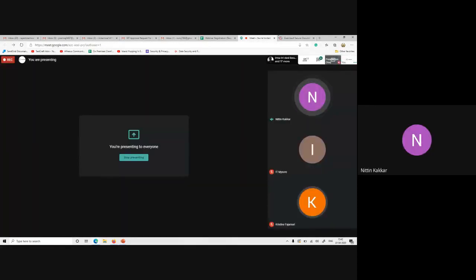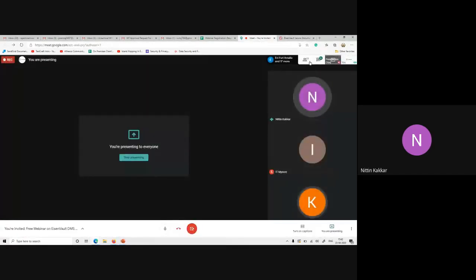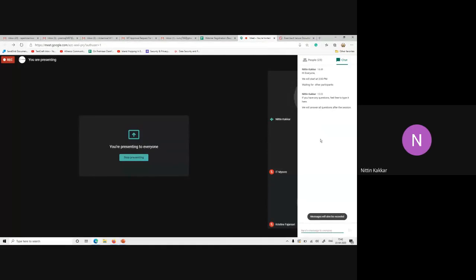Thanks, Rajesh. Thanks, everyone. So I guess these are the standard workflows which Rajesh has presented. We do often customize the workflows based on the requirements as well. So if you feel anything is missing, or would like us to showcase anything again, we'll definitely be happy to help you out.